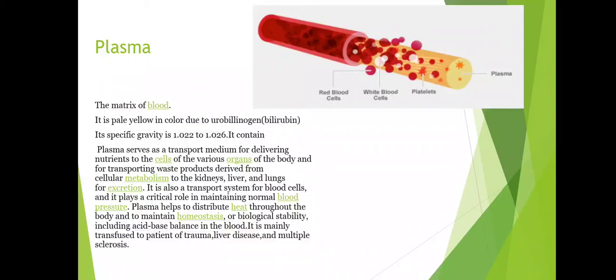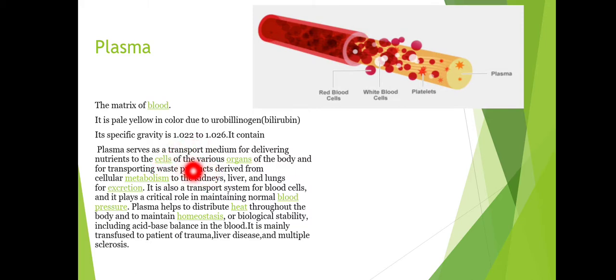Hello everyone. Today we will be discussing plasma, which is the matrix of blood. It's pale yellowish in color. This pale yellow color is provided by the pigment bilirubin or urobilinogen, and the plasma serves as